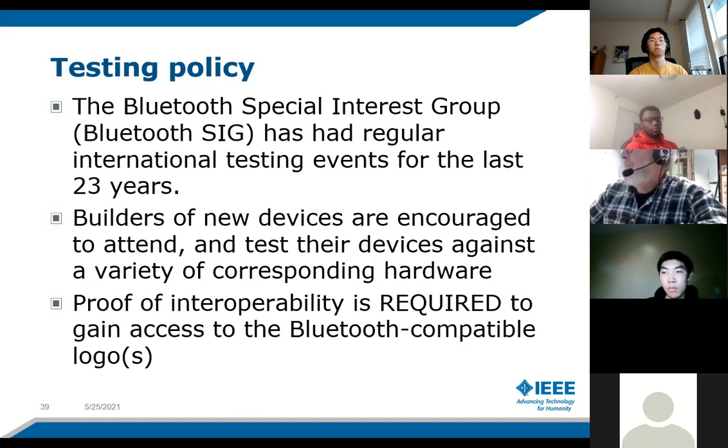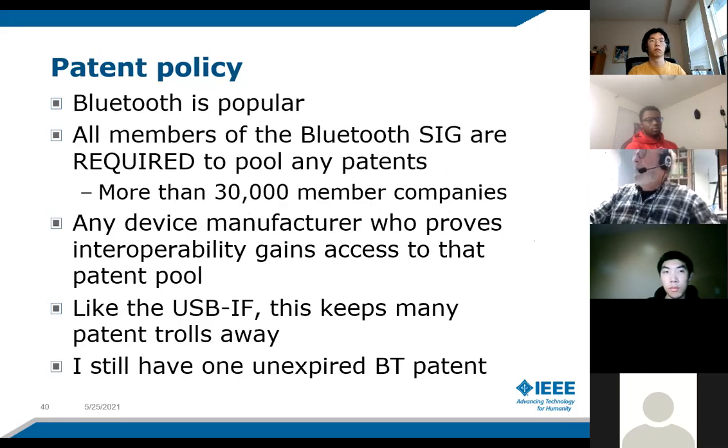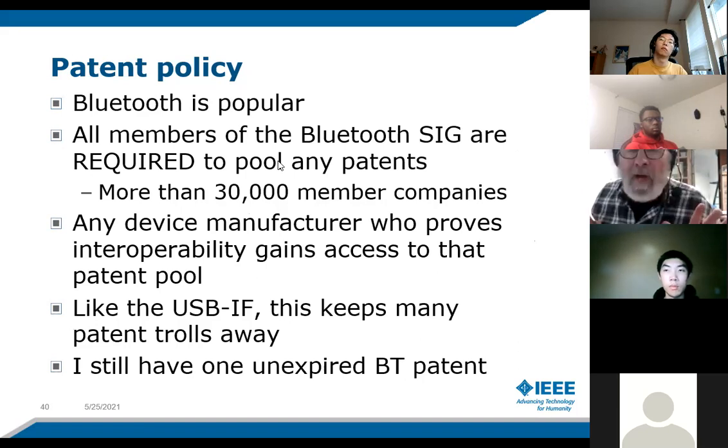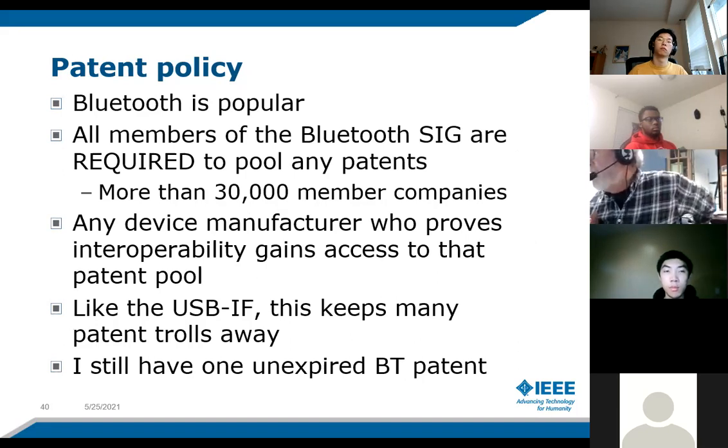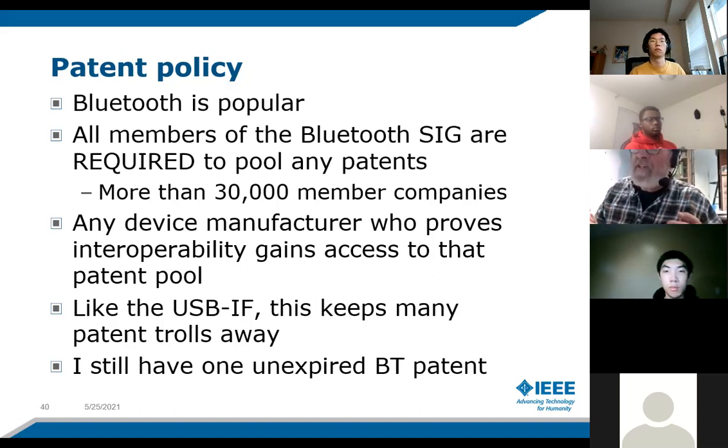And the flip side of it is every member of the Bluetooth SIG is required to pool any patents that they might have that apply to Bluetooth. Any device manufacturer who proves interoperability and pays the fixed license fees, and the license fees are in the order of 3 to 4 digits US dollars, right?